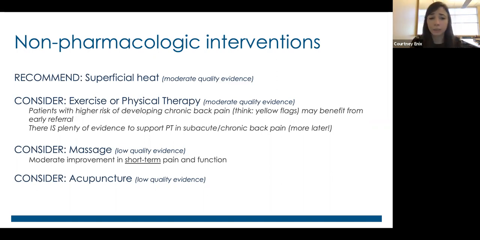There's some, similar to a lot of the other things on the slide, low quality evidence that for non-specific low back pain, it can be helpful with pain and function in the short term. I always tell patients the caveat that I will never recommend manipulation of the cervical spine, right? There is real risk and real cases of people who have died or had great harms done by cervical manipulation. They can have shearing or dissections of the vertebral arteries.